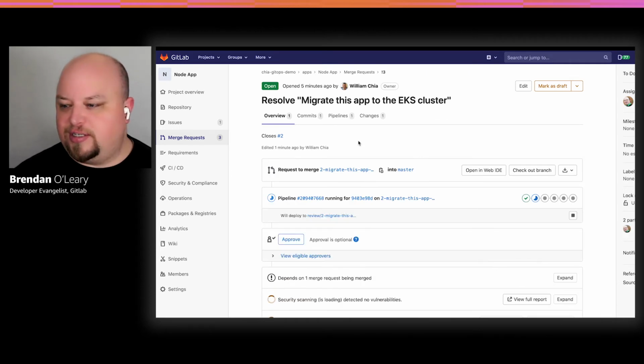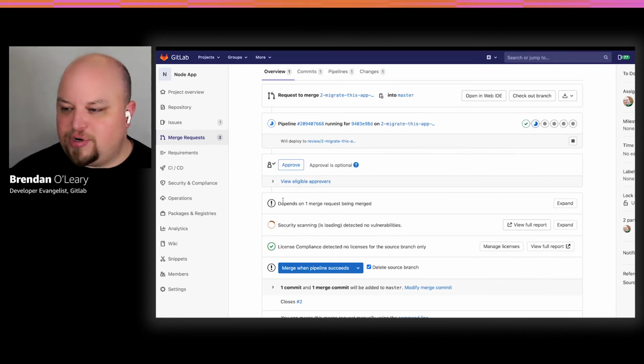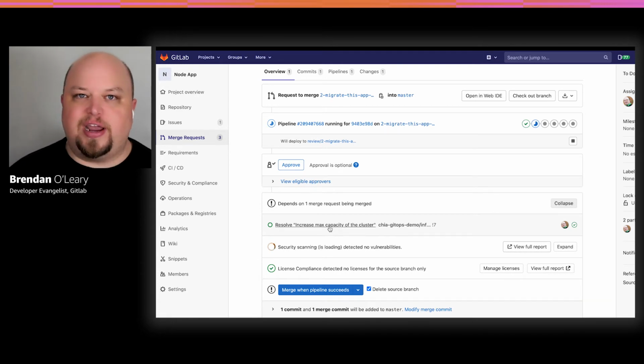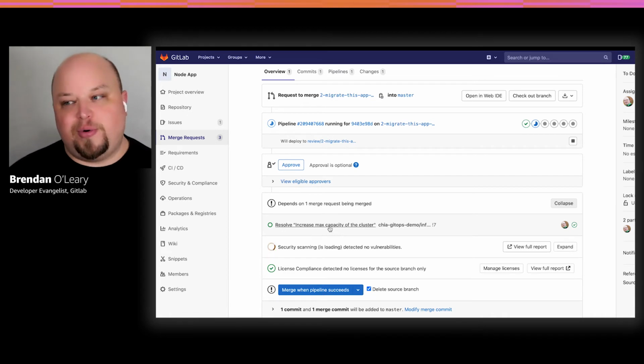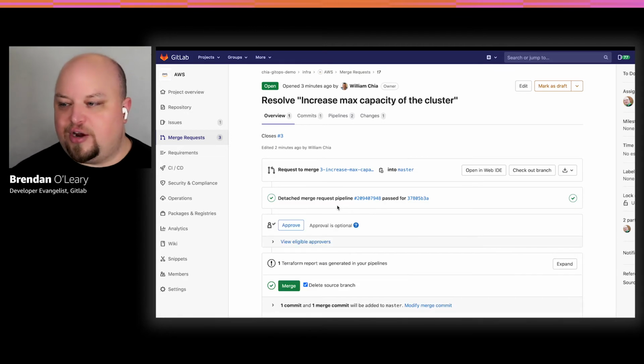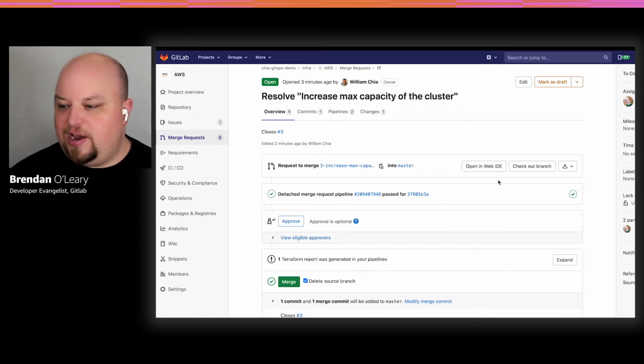I've got pressure to get this migration done. And I can go to this one. Well, I see this merge request actually depends on another merge request being merged. So that dependency structure that William set up was really important for me to understand. Oh yeah, that's right. We've got to increase the capacity of the cluster before we merge and move that app over. So if I look at the increased max capacity of the cluster MR,